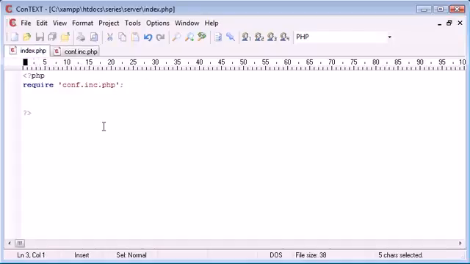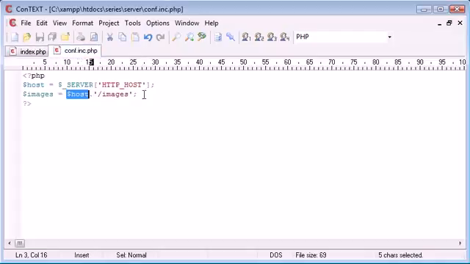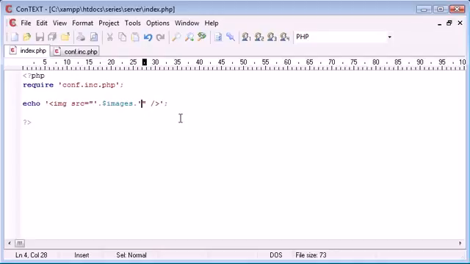So what I could then do is inside my file I could say echo, and I could create an image here, source equals that, and I could say, right, what's the location of this? So we can append on images. So we've created this images variable, if you like. So we can append on images, and then we can put the file name afterwards. So I could put another trailing slash on there, and we could say images and then